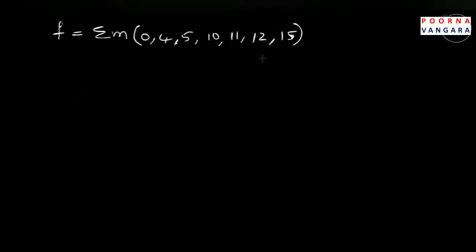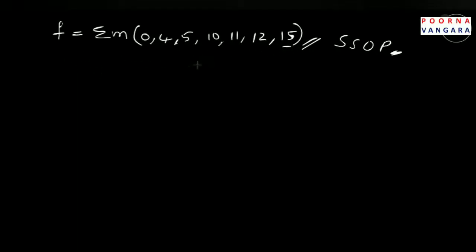In this video, let us see one more example on minimization with the help of K-map. The given function is f equal to sigma m 0, 4, 5, 10, 11, 12, 15. These are the true minterms for which the function equals 1, and which is in the standard SOP form, you already know it. And these are the minterm numbers and the maximum minterm value is 15.